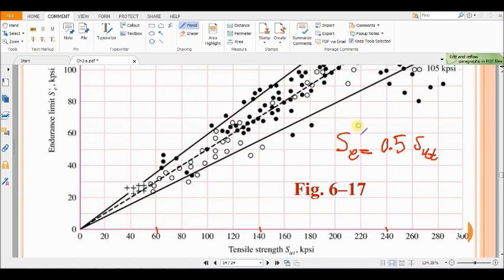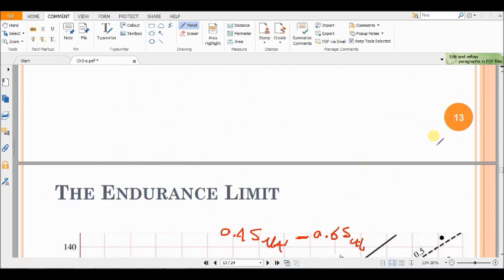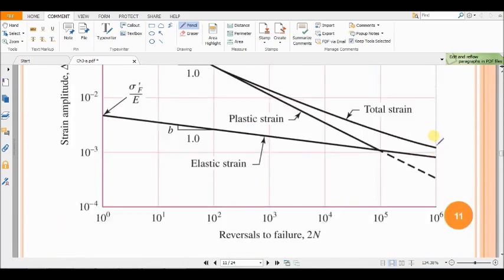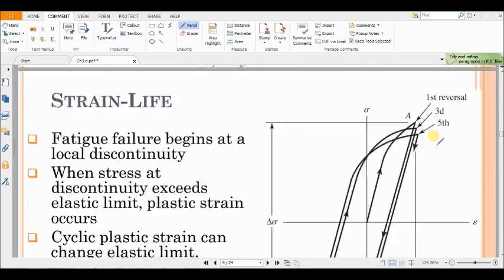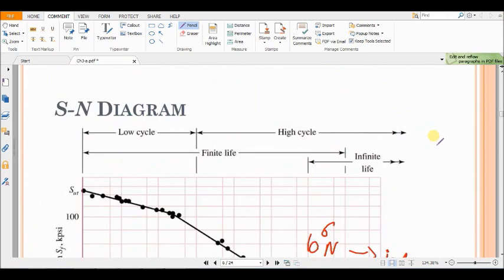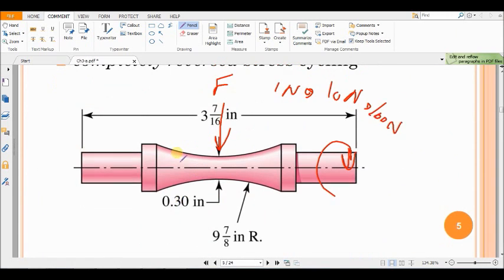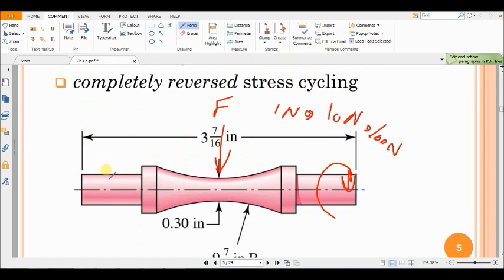I would use a prime symbol here, Se prime, to show that this is the endurance strength of the specimen that we use in the lab. We are talking about the life of a specimen with this geometry and under the lab conditions, such as the temperature,